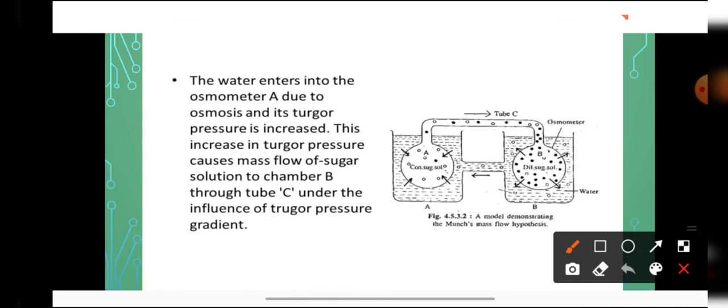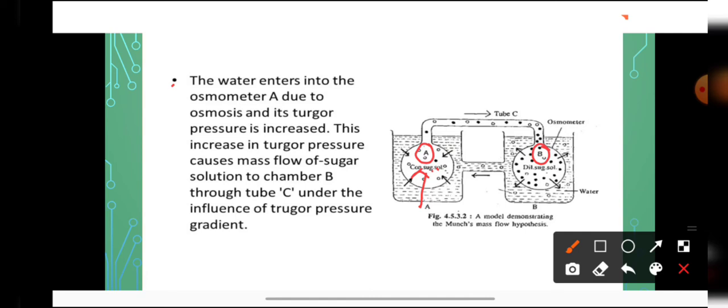So Münch took two osmometers, osmometer A and osmometer B. In osmometer A, there is a high concentration of sugar, whereas in case of osmometer B, there is a low concentration of sugar. So the water will enter into osmometer A by the process of osmosis, and the turgor pressure will increase. This increase in turgor pressure within osmometer A will cause mass flow of sugar